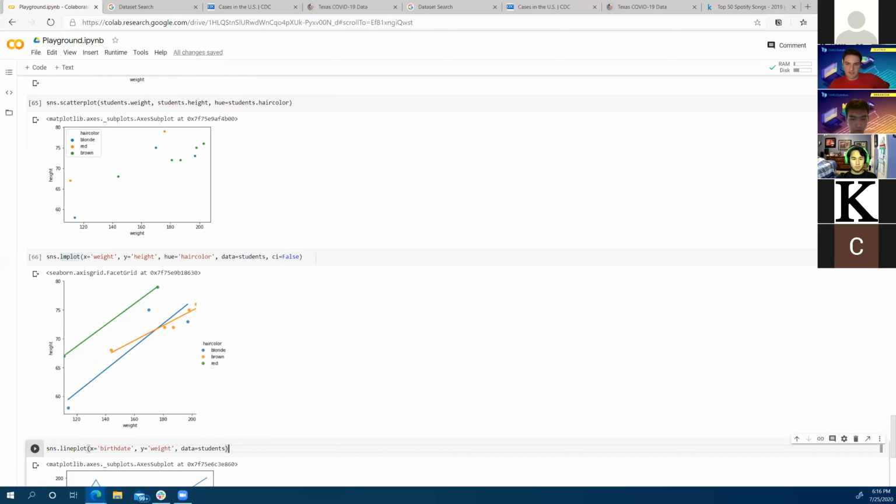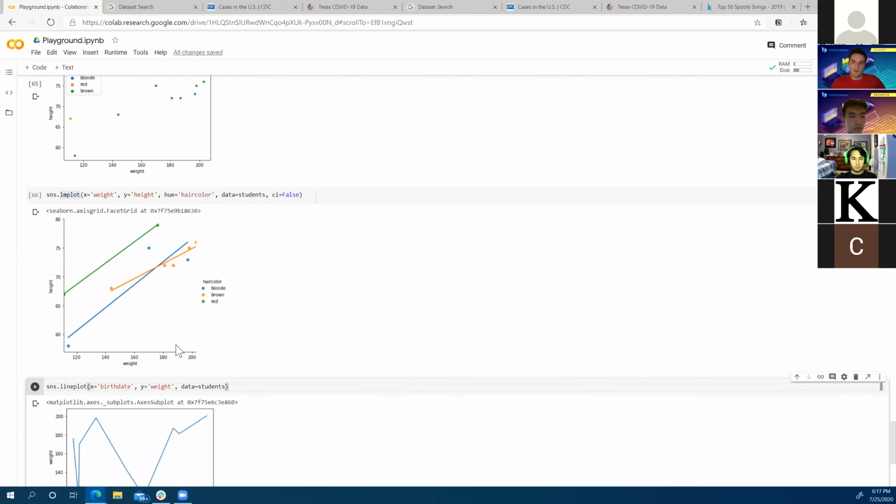How come the colors for the last two data points correlate to different hair colors? Is there any way to make them uniform? Angel, I don't know if I'm perfectly understanding your question. The colors for the last two data points. Do you want to clarify that question?